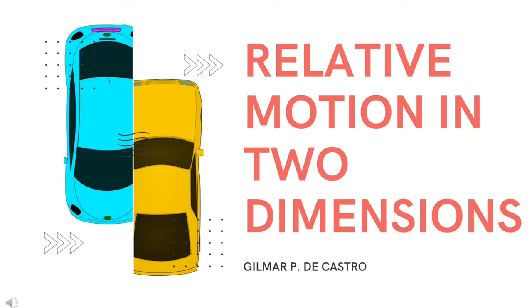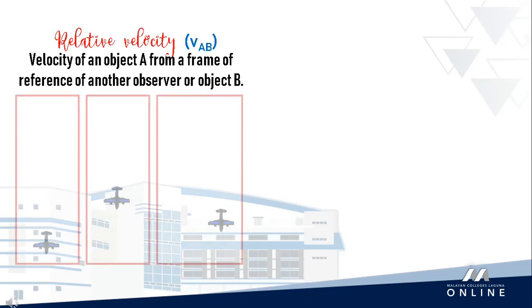The core idea of the expression "all motion is relative" lies in the concept that motion does not exist in isolation. Any object that moves does so in respect to a particular reference. In this lesson, we will probe on how different frames of reference affect the resulting velocity of objects as they move in two dimensions. For this lecture, we will talk about the concept of relative velocity, which we symbolize as